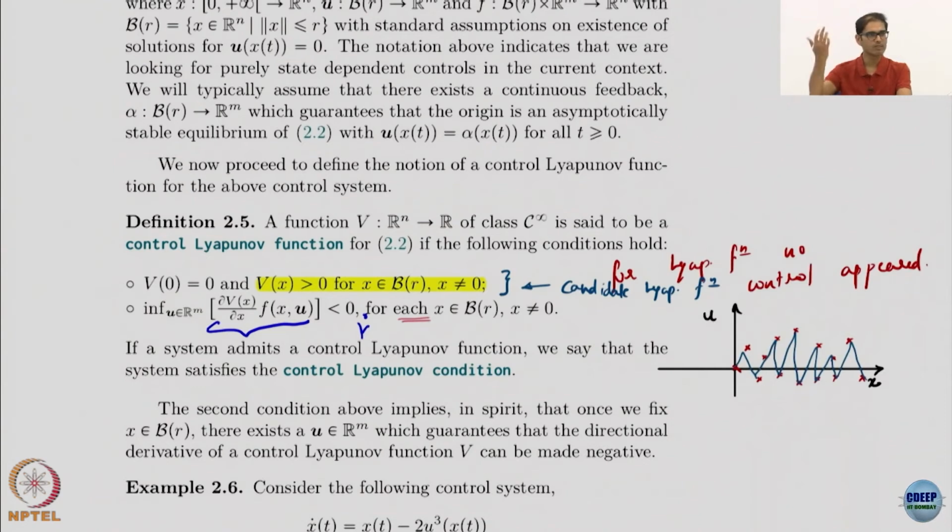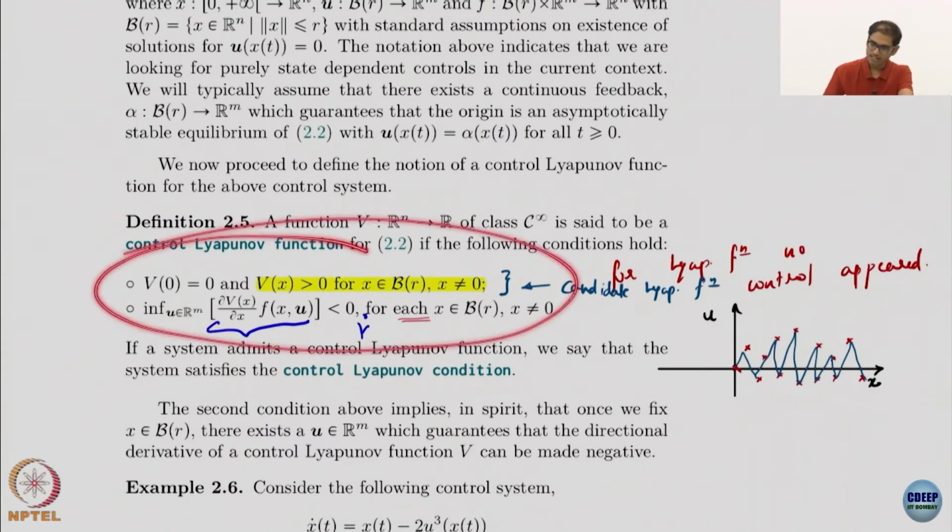Okay, you might have jumps and so on, because you are just trying to find an infimum over u which is negative. Okay, so this is the subtle difference. You are allowed to play with the u in some sense so that you get some negative V dot. Okay, anyway, this is what we do in control, right? So we play with the control so that you get stability. Yeah, but important thing to remember, it doesn't guarantee continuity of the control.